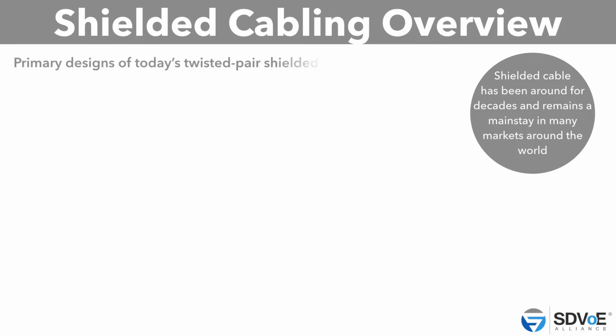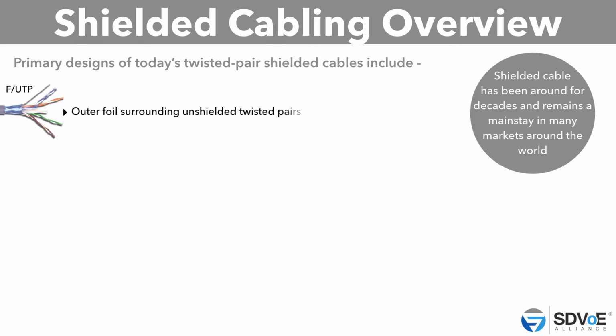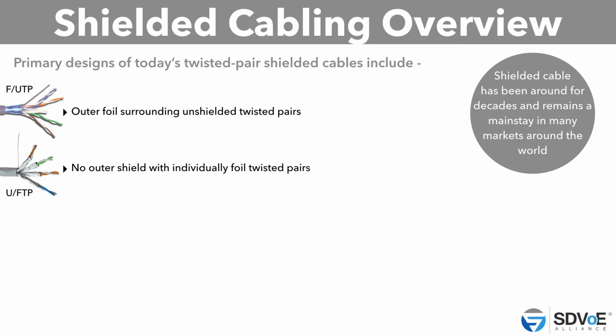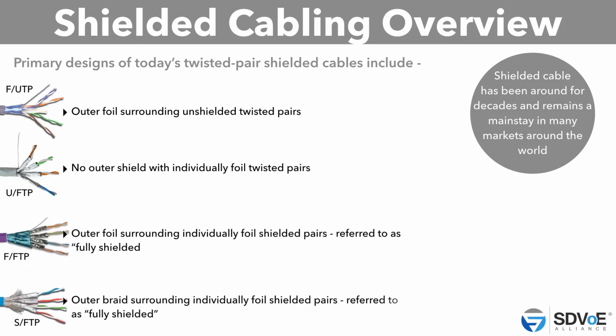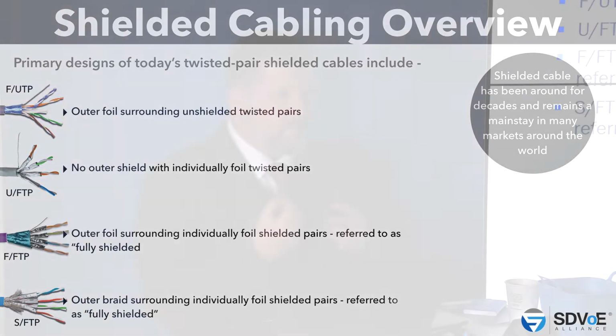We have cables like FUTP, foil unshielded twisted pair, we have unshielded foil twisted pair, we have foil twisted pair, and we've got SFTP, which is a Category 7 cable, a shielded foil twisted pair. Now all of these cables are designed because, with the different design characteristics, what we want to do is stop interference coming onto the cable, and these cables working at high frequency